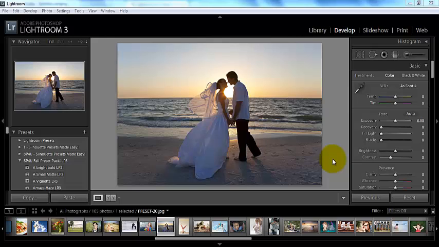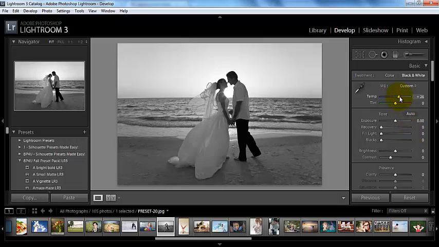And there's another way that you can make a black and white photo, and I'm going to talk to you about that today. So if you notice up here, there is this treatment box and it says color or black and white. So if you click on black and white, then you can actually completely edit your photos in black and white. And so here again we can kind of play with our temperature,